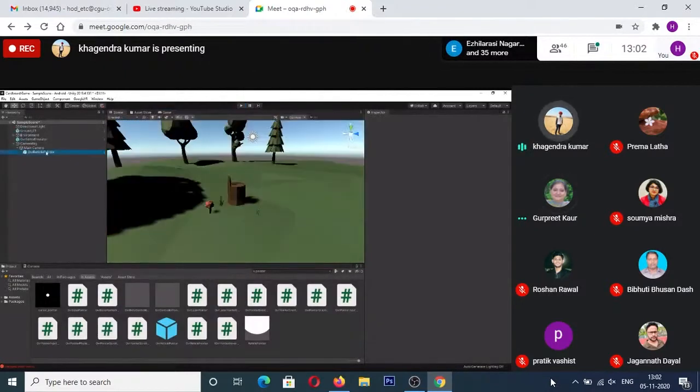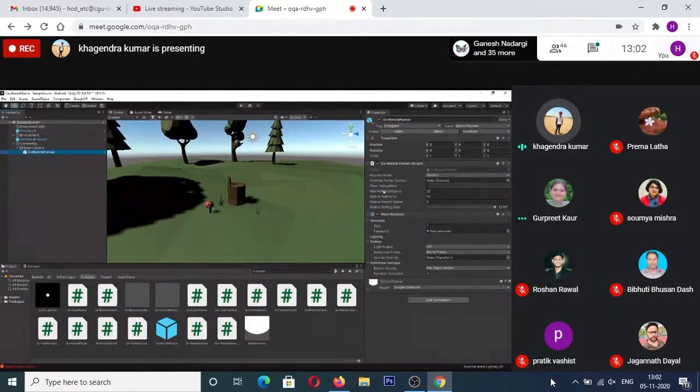Now, if you want to change this pointer color or anything that you want, you can go to the shader and change the color of it. You can open the shader and change the color. You can also change the inner diameter, outer diameter, and the distance, and all these things. You can customize it. But for our use case, I'm going to keep it that way so that I can make this tutorial a bit simple.